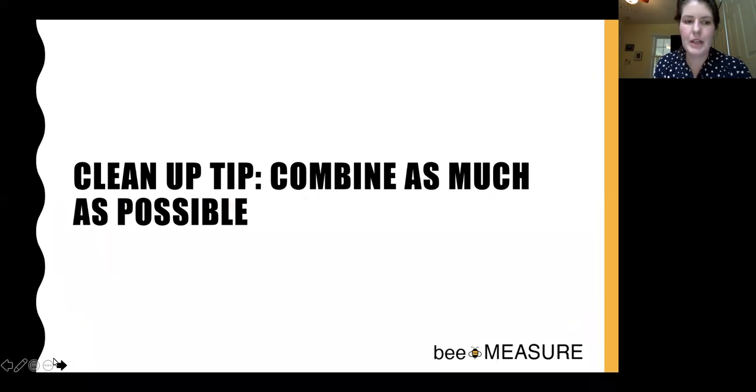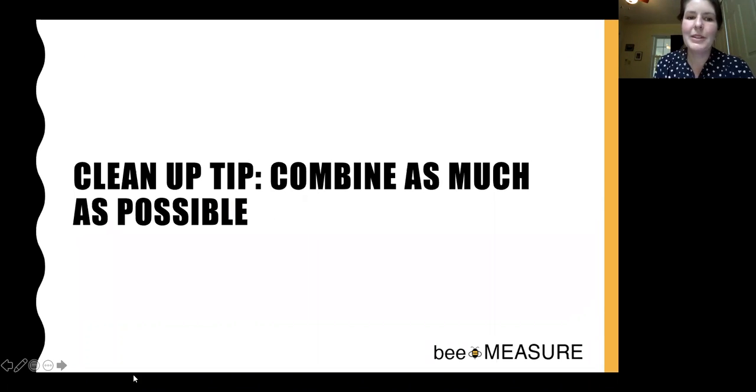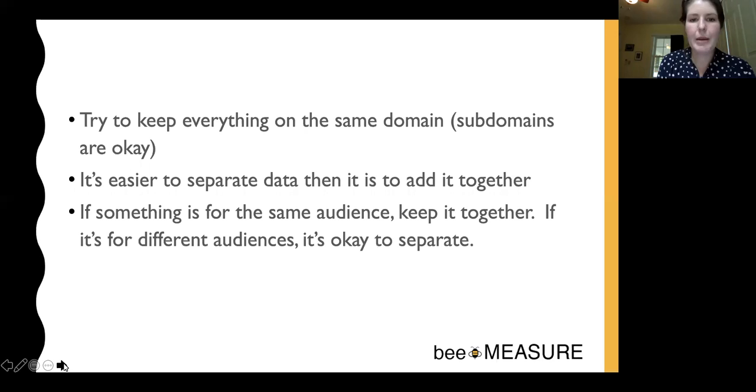Cool. So my cleanup tip here is really to just combine as much as possible. I know this is hard once you already created this stuff, but I really try to encourage people to lay down the law with your program teams, your conference teams, or whatever, and just say, we really need to roll this into the main website, the main container, and not be creating new things all the time, because it just becomes too much to manage, and it also makes it harder to get accurate numbers. So try and combine as much as possible.